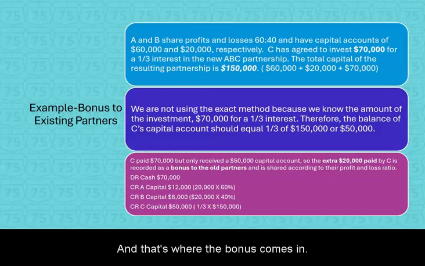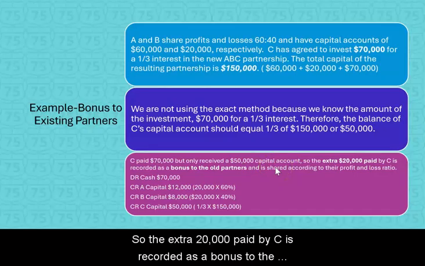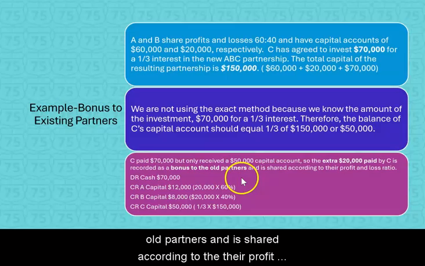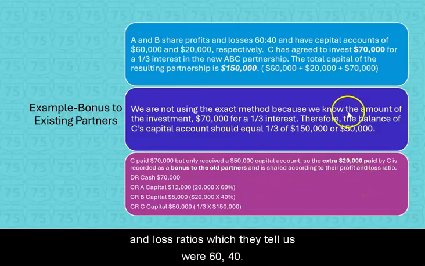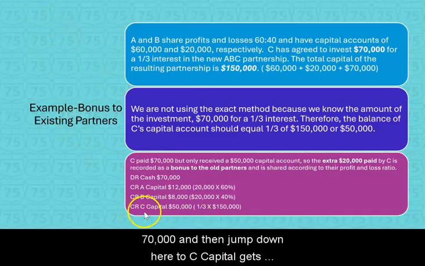$70,000. And that's where the bonus comes in. C paid $70,000 but only received a $50,000 capital account, so the extra $20,000 paid by C is recorded as a bonus to the old partners and is shared according to their profit and loss ratios, which they tell us were 60-40. So the journal entry for the partnership, debit cash $70,000, and then jump down here to C capital,